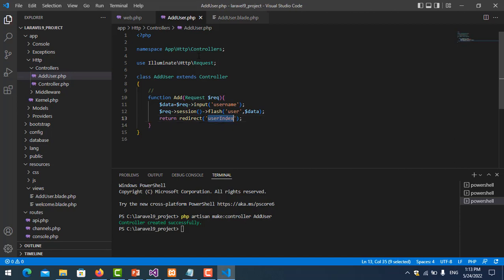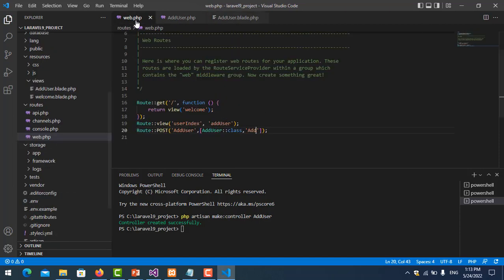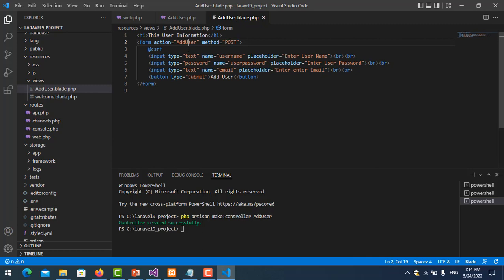The user index is opened at user.blade. So in user.blade I use here: